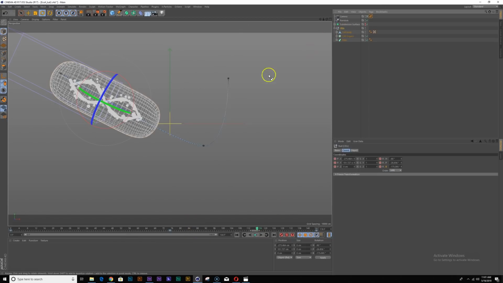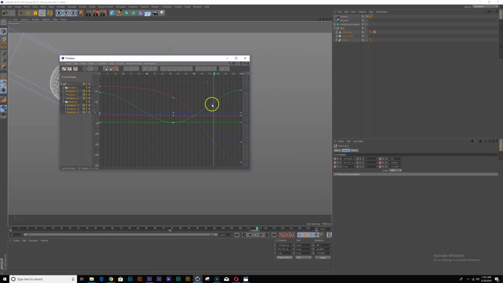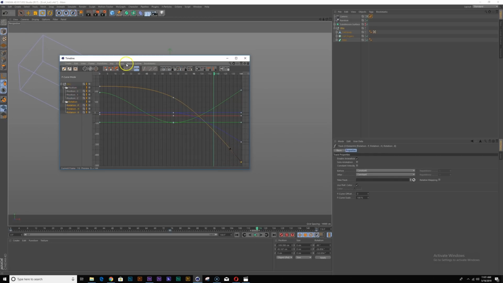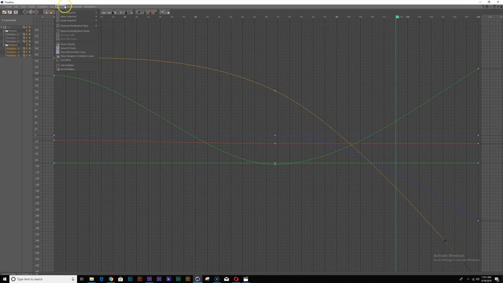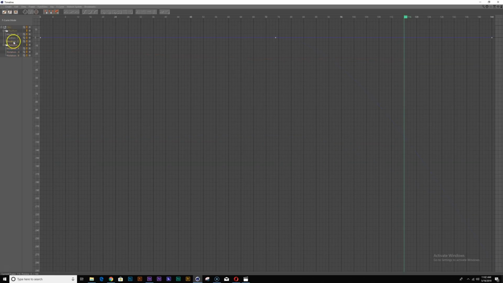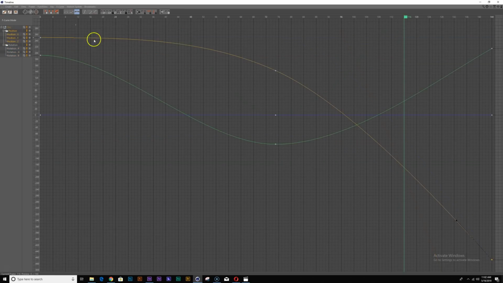I'm just gonna bring up my curve editor real quick for my keyframes, and I'm just gonna adjust the end here a little more, because right now it's easing to a stop, so I just want to make that more linear. And let's show our tracks and just make sure that I am okay.